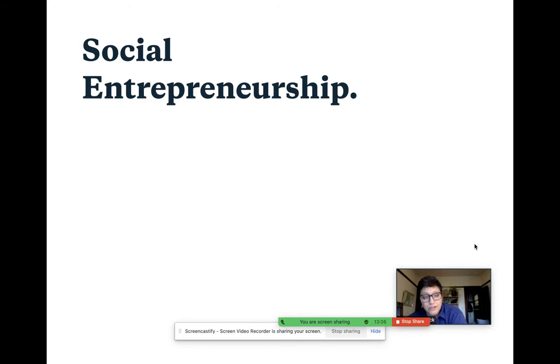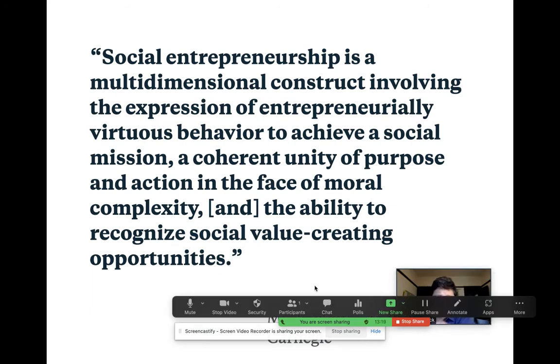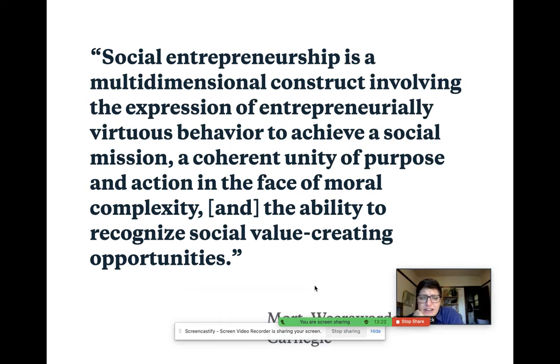So, social entrepreneurship. A lot of you are in the social entrepreneurship certificate program, and so I wanted to talk a little bit about how this all lines up, right? Here's a definition of social entrepreneurship as a multidimensional construct involving the expression of entrepreneurially virtuous behavior to achieve a social mission, a coherent unity of purpose and action in the face of moral complexity, and the ability to recognize